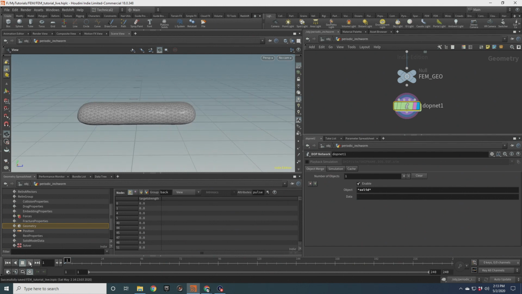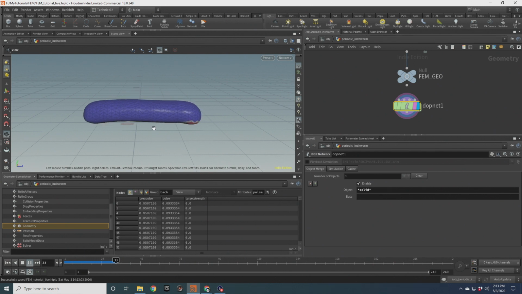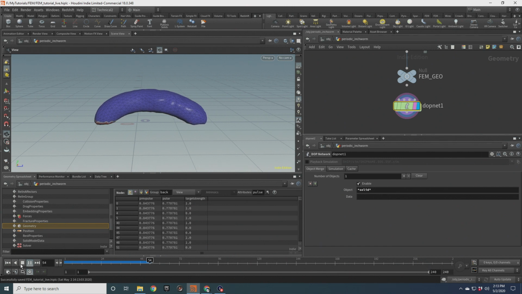Let's just take a look at this now. Now it's working a little bit better. You can see it's sort of pulling up at the back. It's struggling to move forward at the front there. And part of the problem that's still going on here,